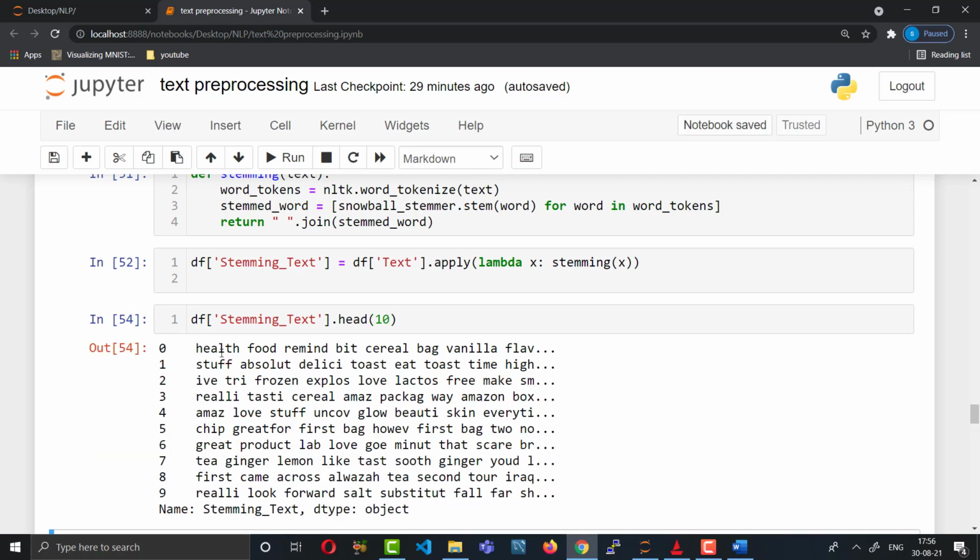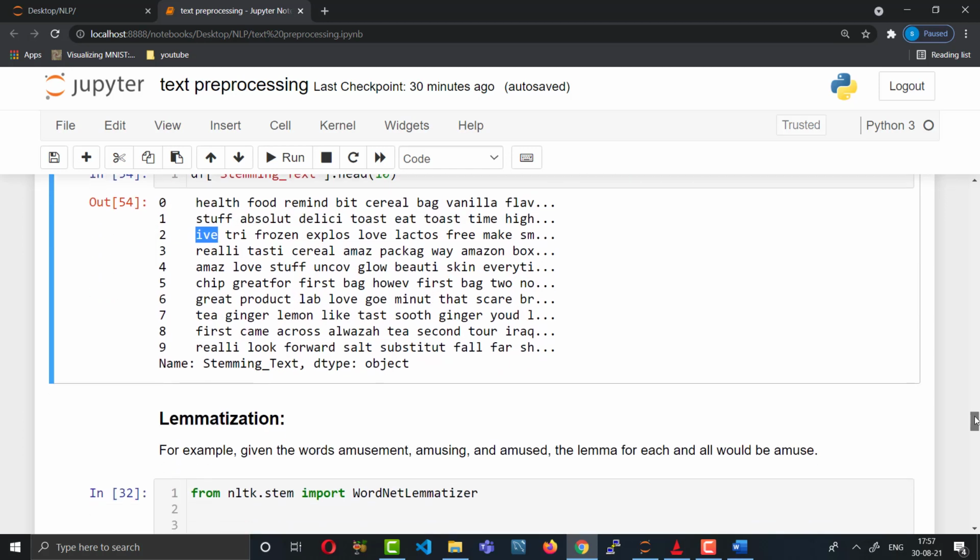Okay, you know that for each data point we have stems, so all the words look like health, food, remind, beat, cereal, bag, vanilla flavor, I have try, frozen, explode. I think this is a contraction word. So in the next video we will look at how to clean the data more deeply, like removing the contraction words. Contraction words will come later. So this way we have used the stemming method.